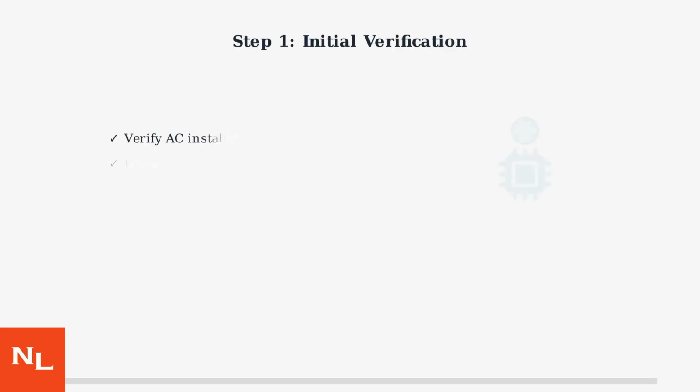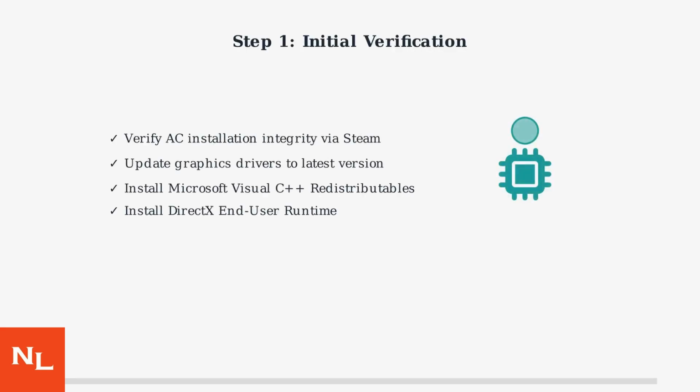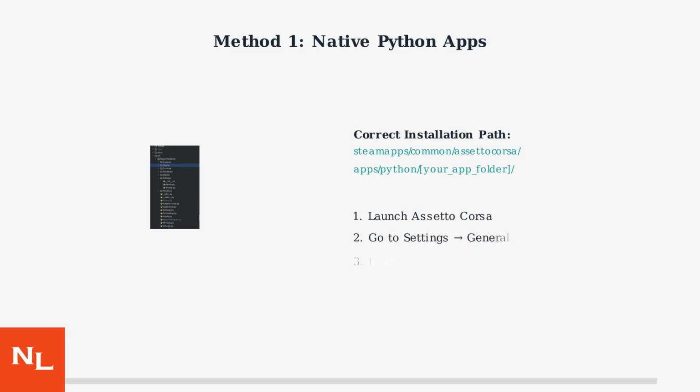Before troubleshooting specific apps, start with these essential verification steps. First, verify your Assetto Corsa installation integrity through Steam, then update your graphics drivers to the latest version. For native Python apps, the correct installation is crucial. Extract apps to the Steam Apps Common Assetto Corsa Apps Python folder, then enable them in Assetto Corsa settings under